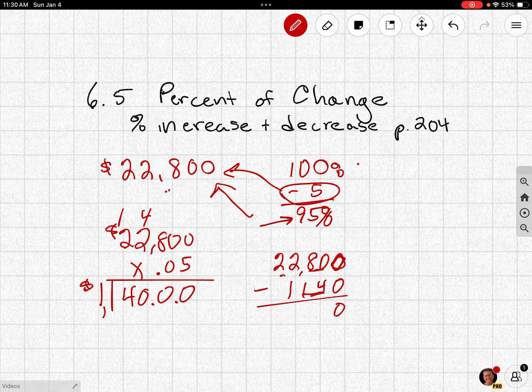I know that that would be 66, right? 66 plus 10 is 76, plus 4 is 80. And then I got 22 minus 1, which is 21. And so the sale price would be $21,660. Alrighty, that's it. Hope you got it. If not,